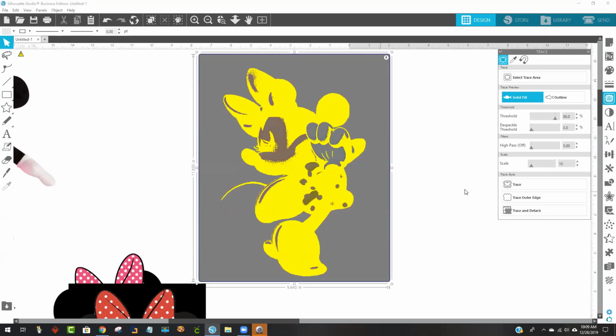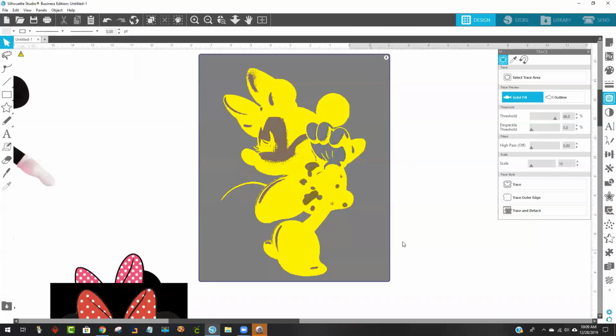So I could go all the way up just about on her if I wanted to. And if I wanted to make her into a print then cut, who knows which one of these buttons over here I would click on. Trace, trace outer edge, or trace and detach. Which one of those would I click on to get her to be a good trace for print and cut? You guys are so smart. The bottom one, yep, trace and detach, detach, detach. Yep, that's the one. So if I click on trace and detach,